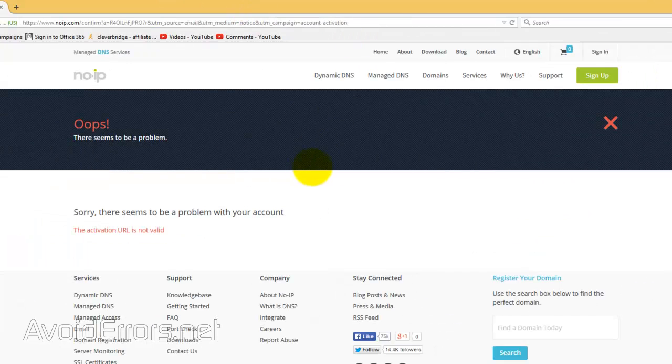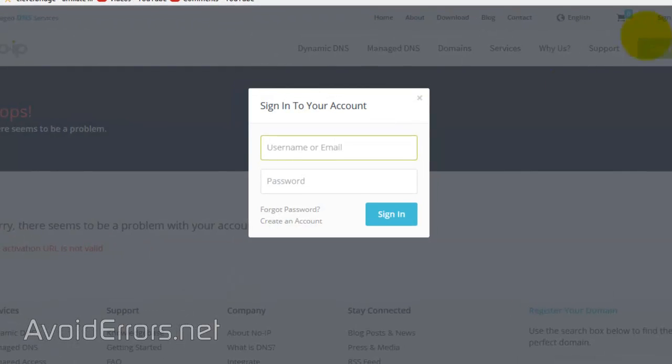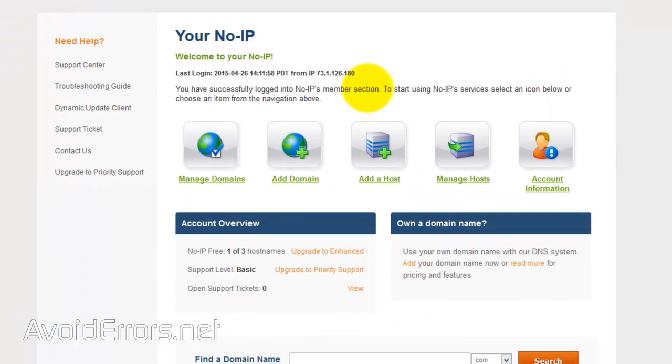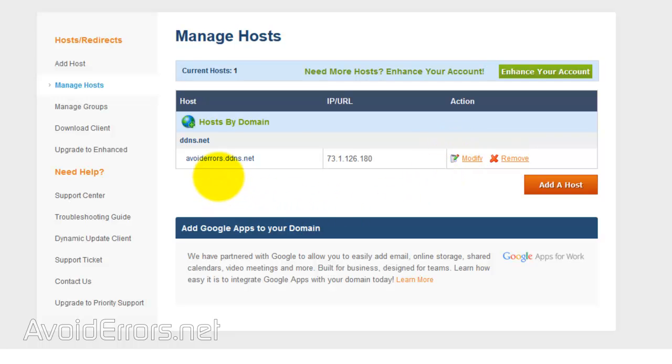Now you probably get a pop-up here. Just click on the X to close it and sign in. Once you sign in, click on Manage Host, and here you'll see your host name with a .ddns.net. Those are the free ones. Your IP address and the option to modify or remove. Now we need to configure Ubuntu